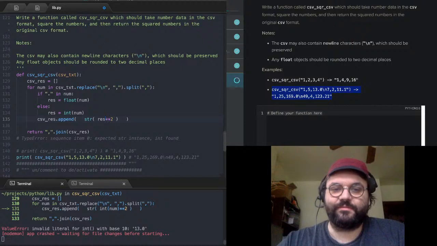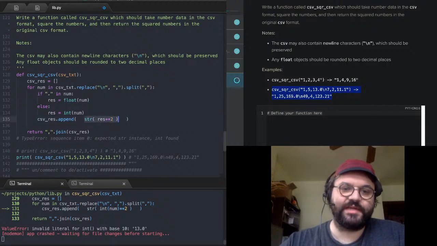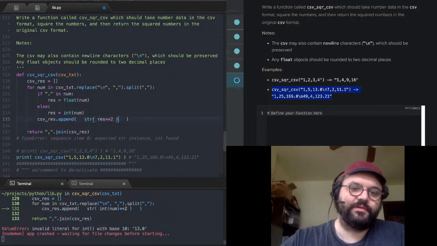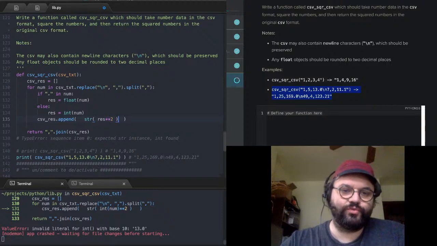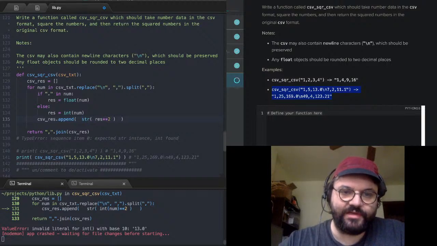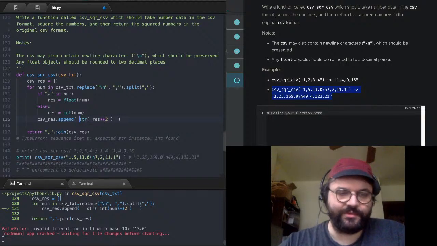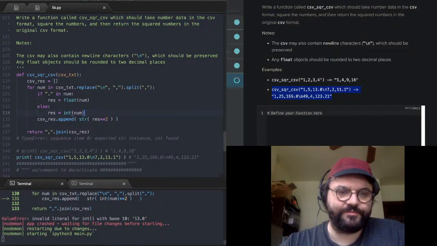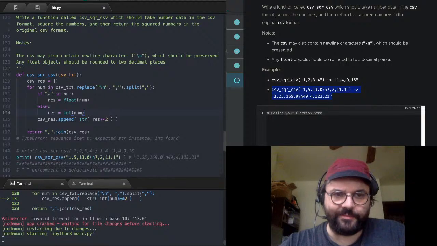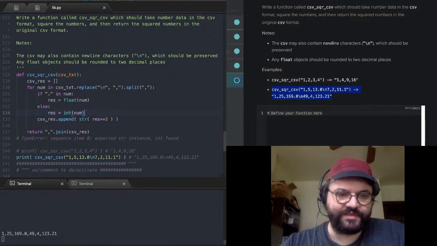We'll square that, we'll raise that to the power 2, and then cast it as a string, and it's business as usual. As usual, I get all the consonants in the right order with that one. Okay. Cool. So let's see. And there's still a problem with this, which is that if we look at our output here,